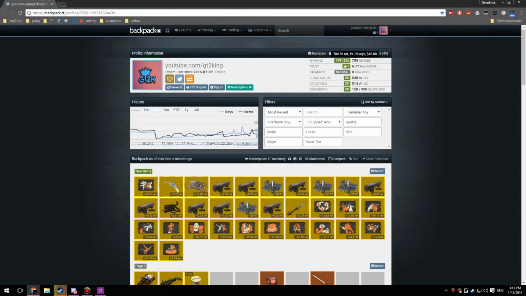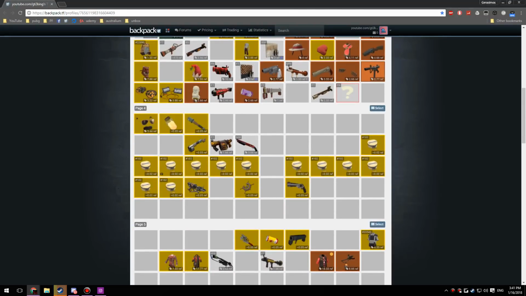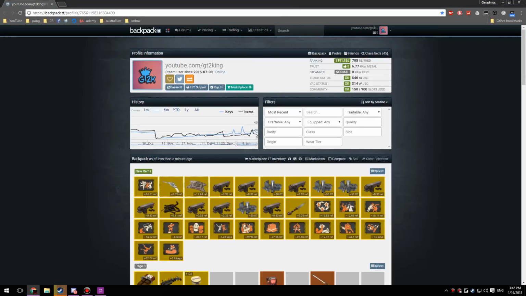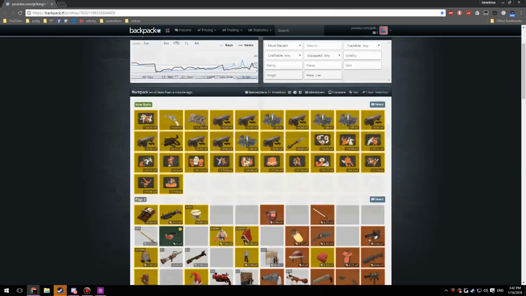Okay, so here we are on backpack.tf. Our current inventory value is 705 refined, meaning it's 19 keys. So in theory, if we had pure for everything in our backpack, we would be able to get it. So right now the goal is to start quick selling items, and theoretically, I'm not going to make any claims, but in the next episode we should be able to finish the